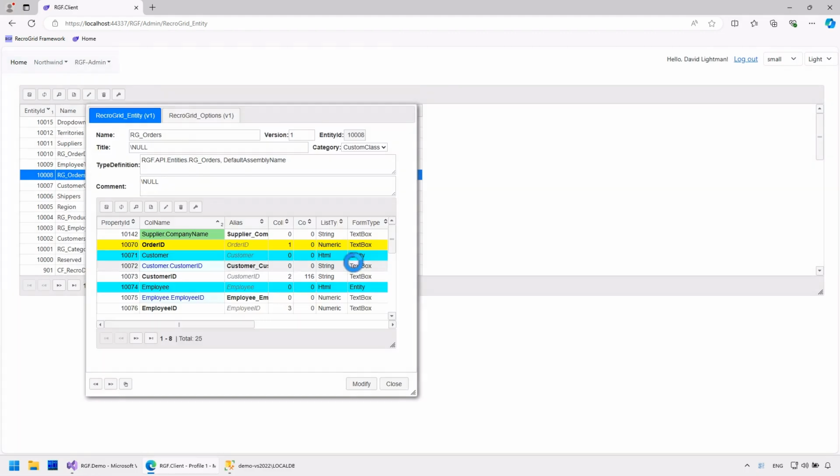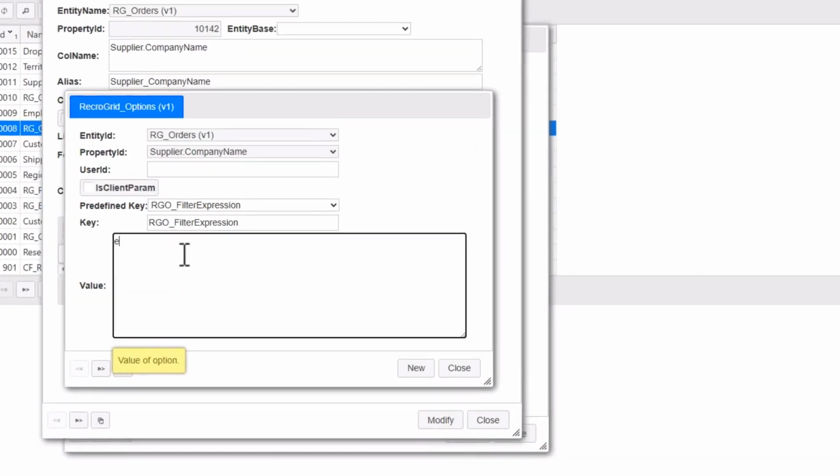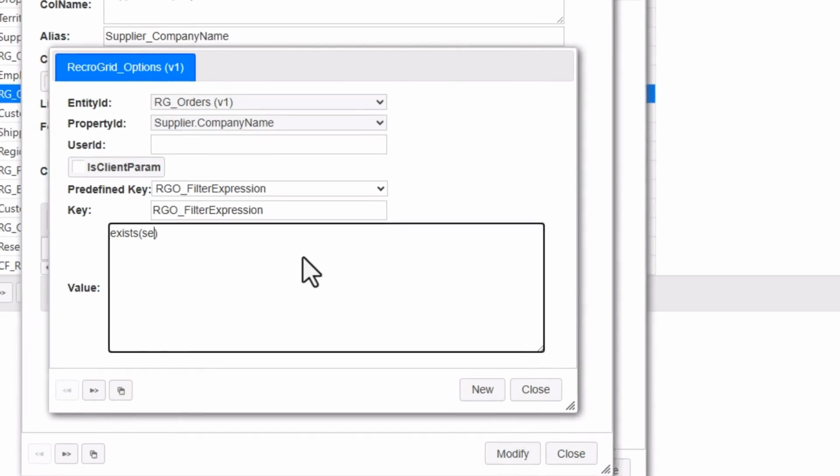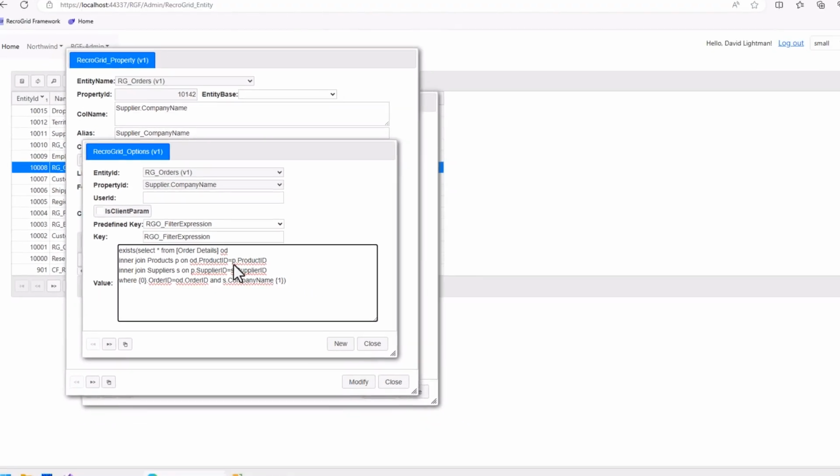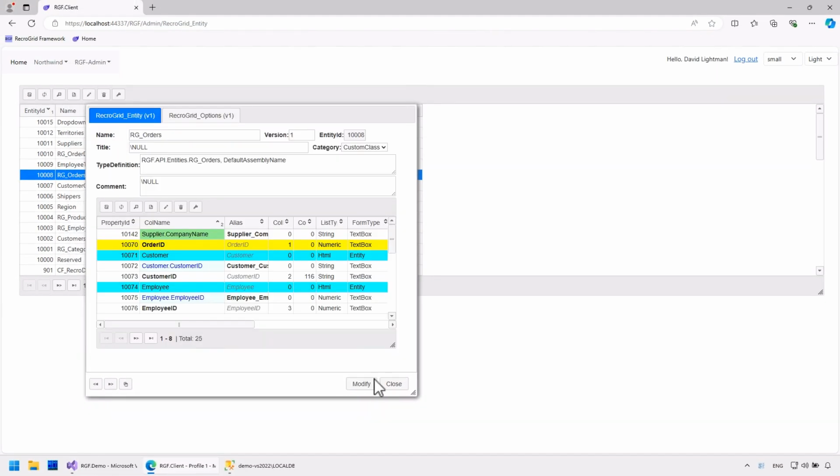In the filter expression, I will join the tables and prepare the filter by name. Let's try it out.